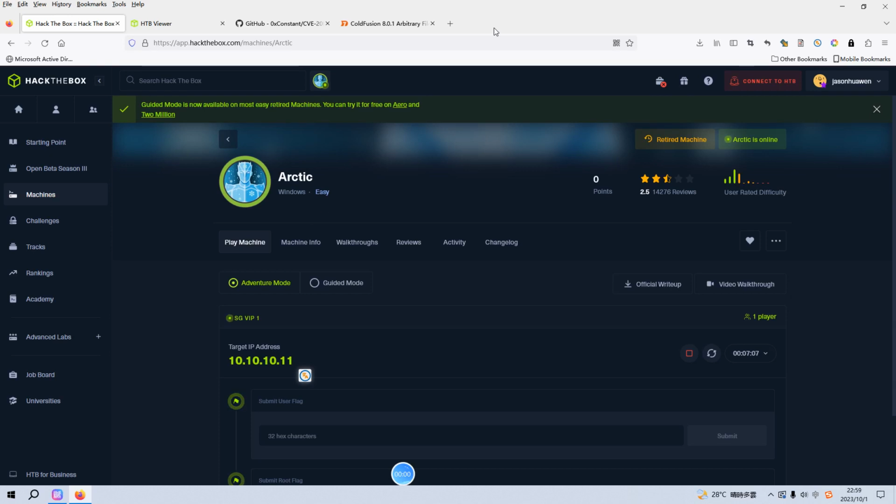Okay, dear friends, I'm back with another Windows machine, which is Arctic on Hack The Box. I've already spawned the machine earlier, and this is the IP address of the target. And I'd like to use the Pwnbox, which is the online Parrot OS provided by Hack The Box, to do this